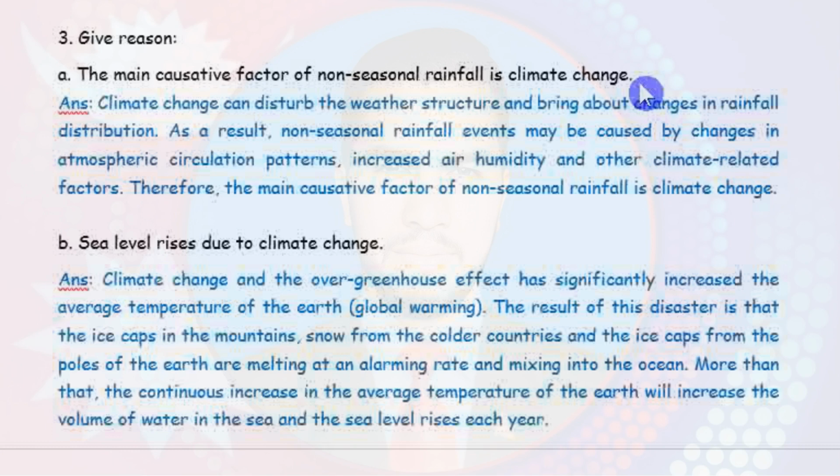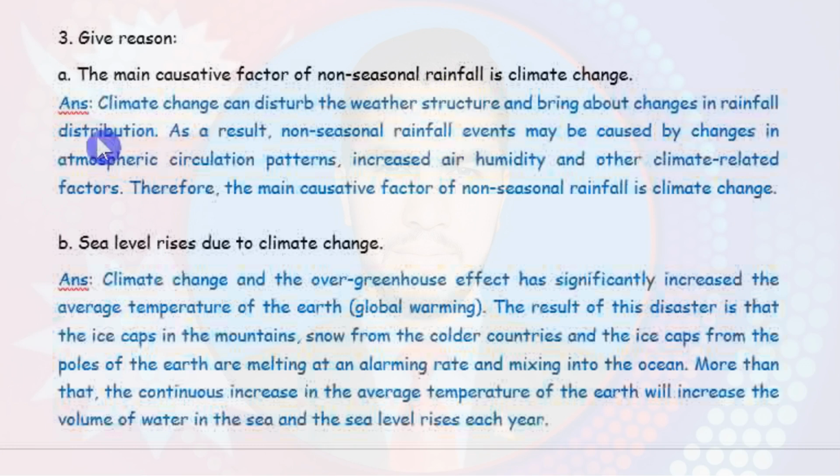Sometimes there is heavy rainfall, sometimes there is a lack of rainfall. So sometimes the months or seasons in which rainfall occurs are different from those in the past. The reason for this: climate change can disturb the weather structure and bring about changes